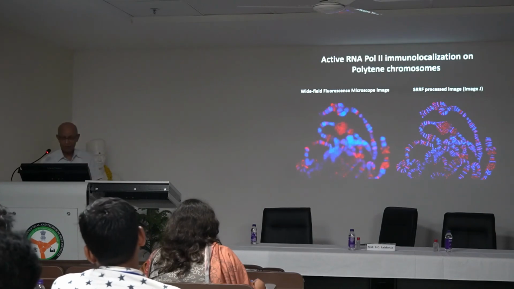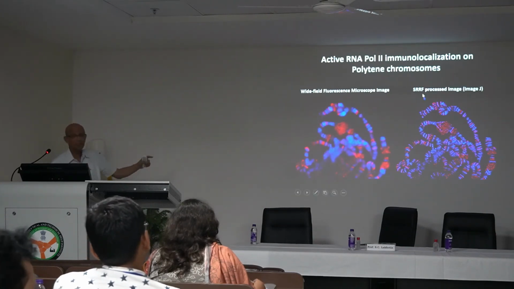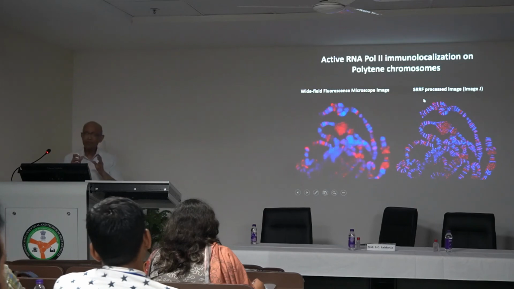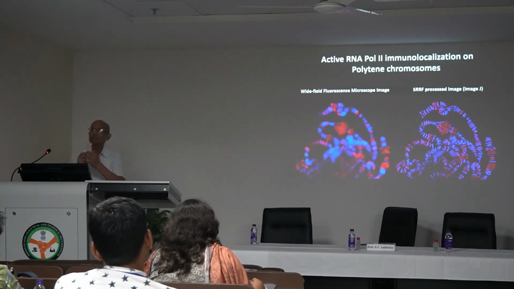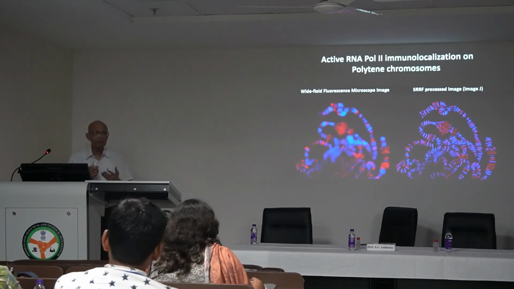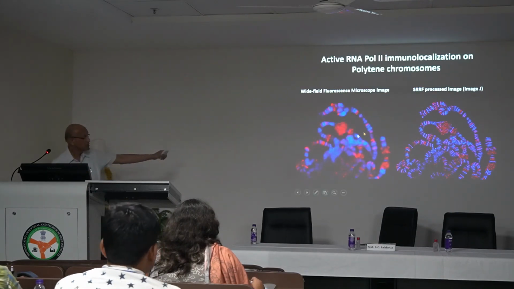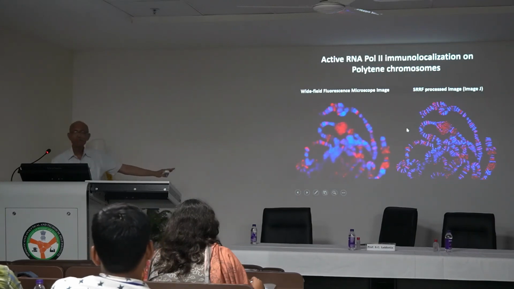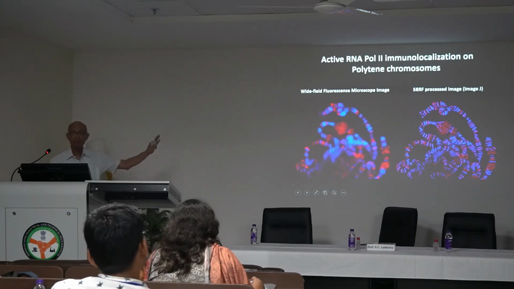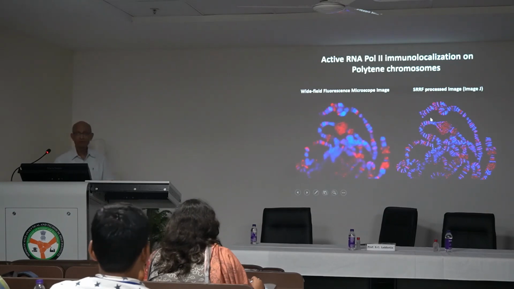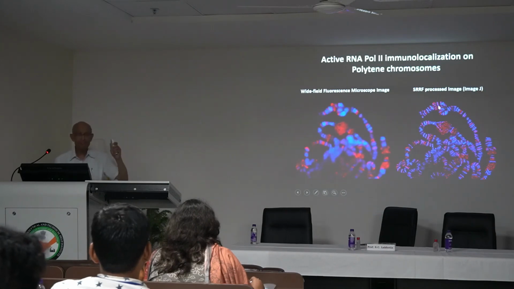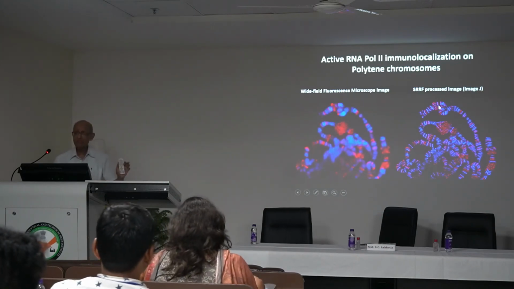So what is now happening, for example, this particular software, SRRF, somebody developed it and linked it with ImageJ. For example, 3 years ago, this was not available on ImageJ. So somebody developed this algorithm, and ImageJ became, so now you can download it along with it, and when you put the same image, for example, this is what has been done. This image, we place in ImageJ software, process it with SRRF, and we get this out. You don't need a confocal. Of course, confocal will give certain other things that you cannot get, but it still works very well.